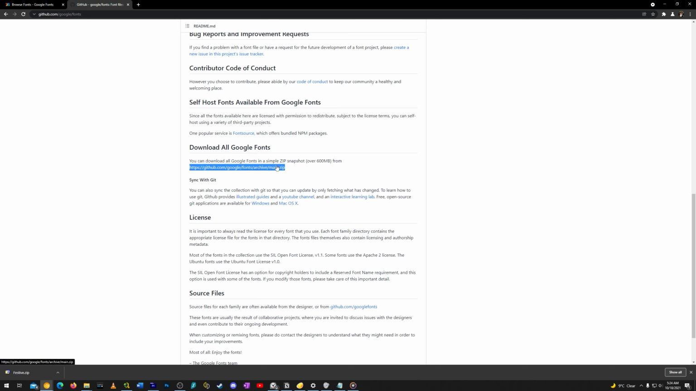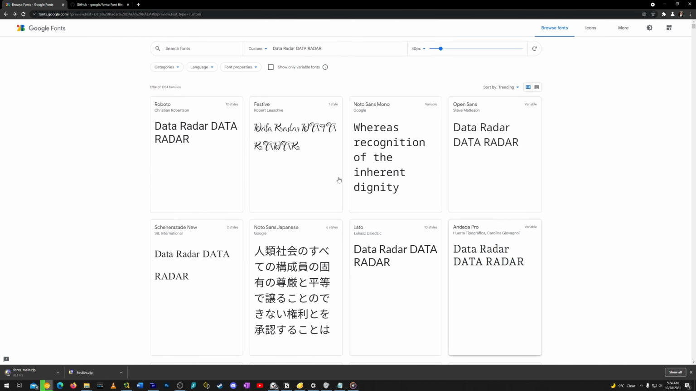I'll also leave this download link to go directly to it, and then you click on it and it's going to download the whole collection of fonts. That's 1284 families. Alright, and while that's downloading, it can be a little hard to sort through the fonts if you're on Premiere